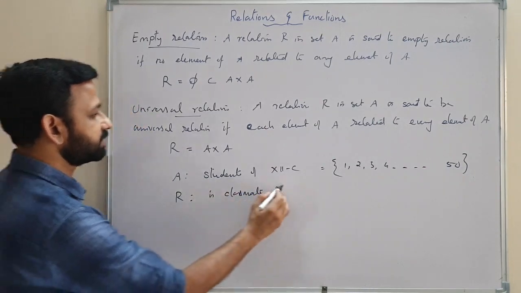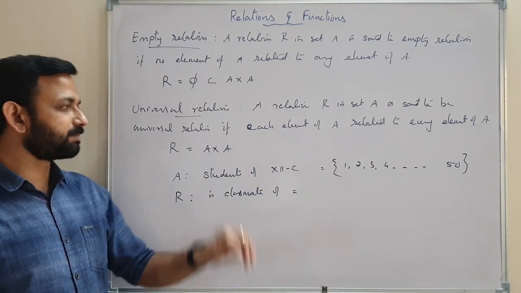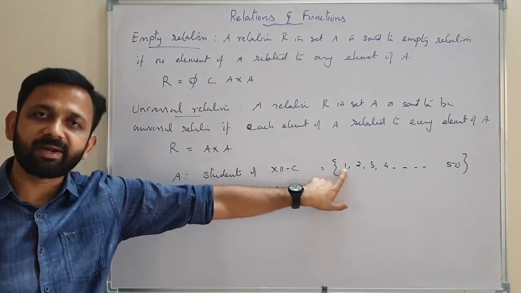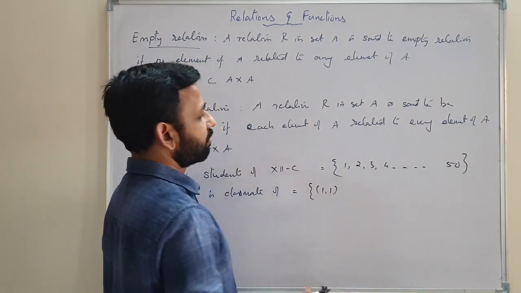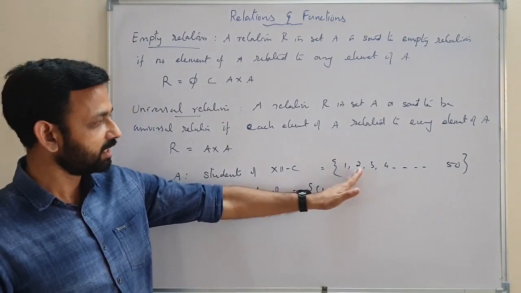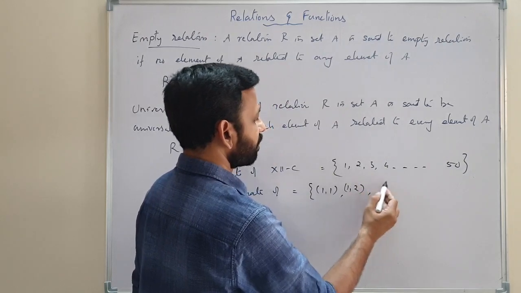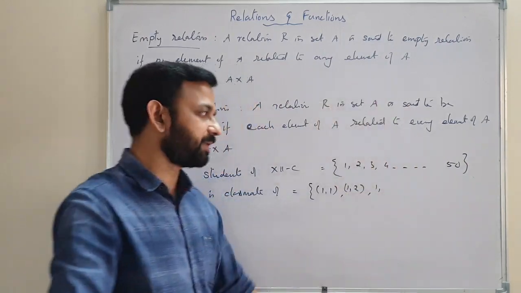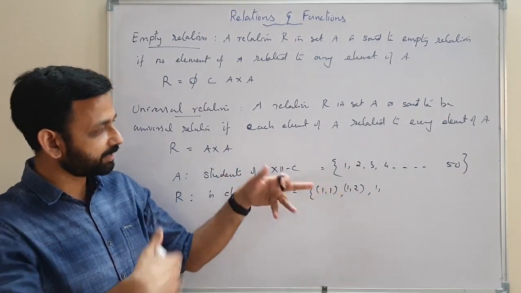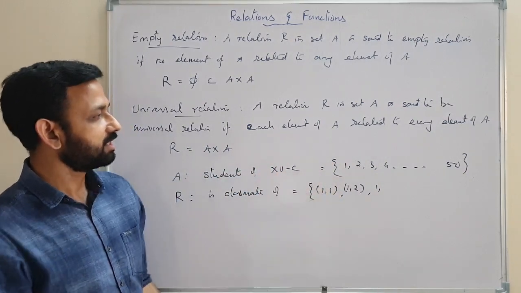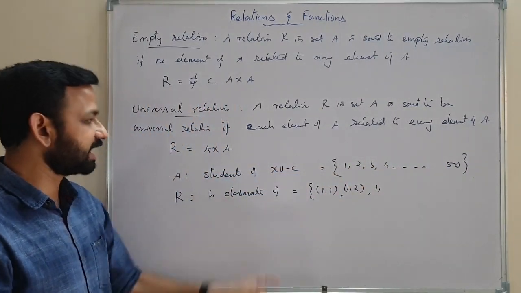By using this relation, when we try to find the elements, we can say roll number 1 is classmate of roll number 1. Mathematically that is correct. Roll number 1 is classmate of roll number 2. Roll number 1 is classmate of roll number 3, because there are 50 students in the same class, 12th C. Roll number 1 is related to 2, to 3, and to roll number 50, because the relation is classmate of.